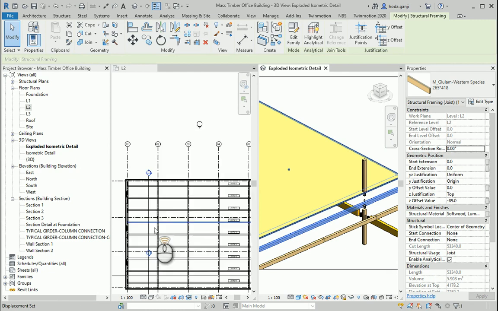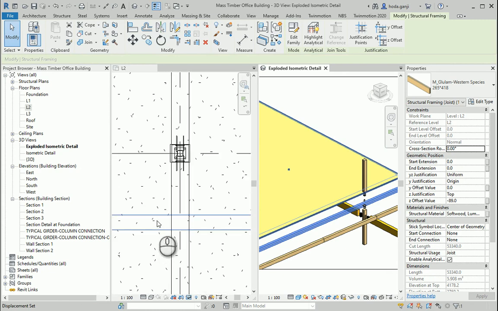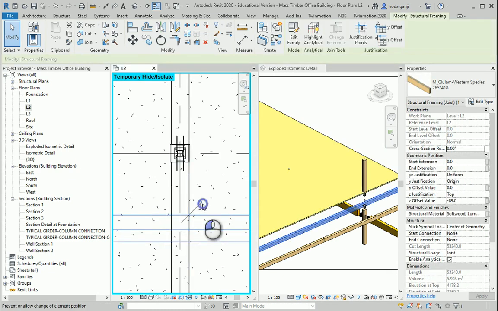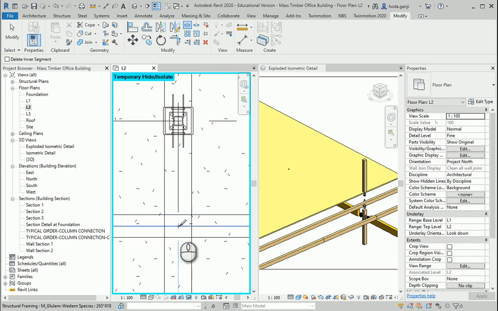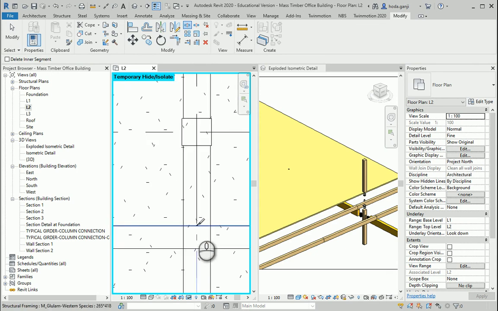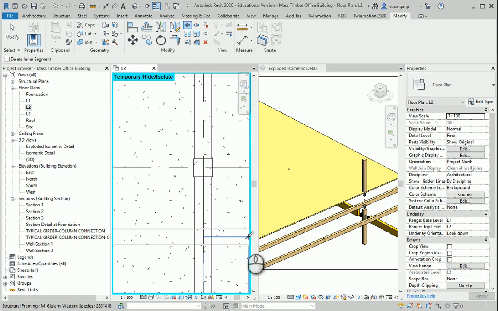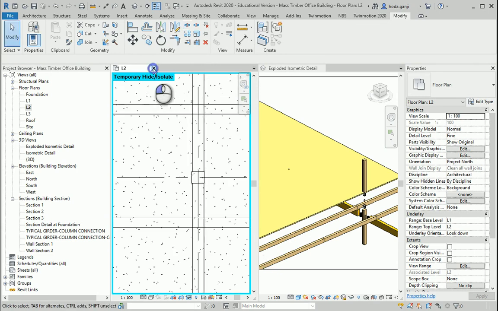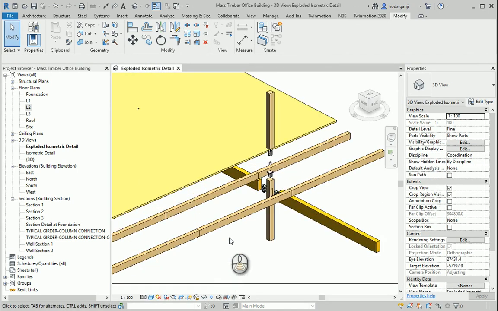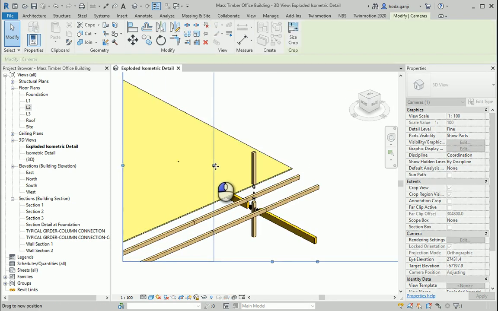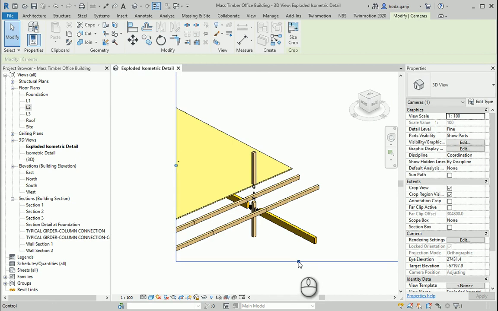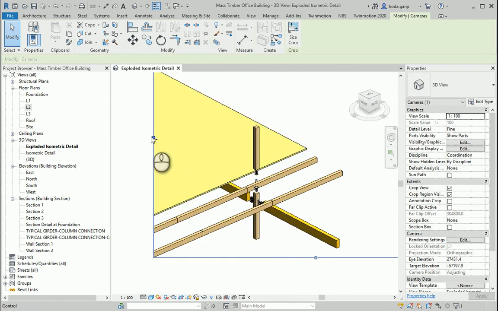So about this joist, I can select it, unpin it, split element, and split it once again in here. Okay, so maybe I would move this a bit inside to limit the view in here.